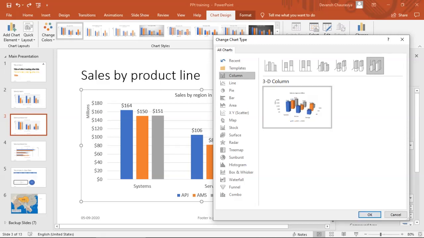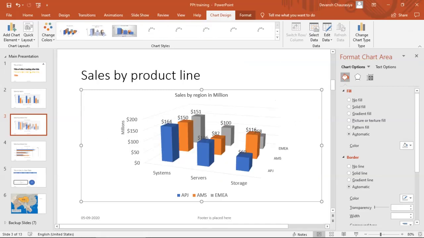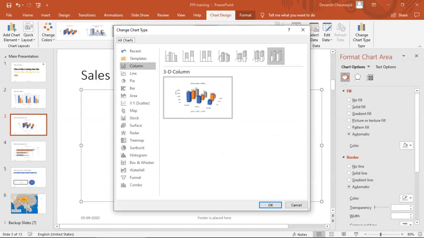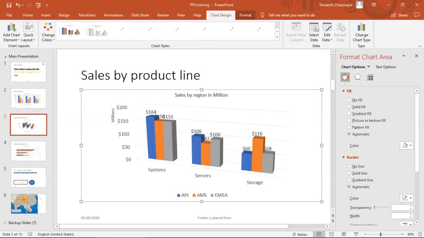So just come over there in the column itself. The last 4 options are 3D. Click on that, it will look like this. It's not too readable. Let me change it to this option, the actual chart option in 3D. This is how it will look.